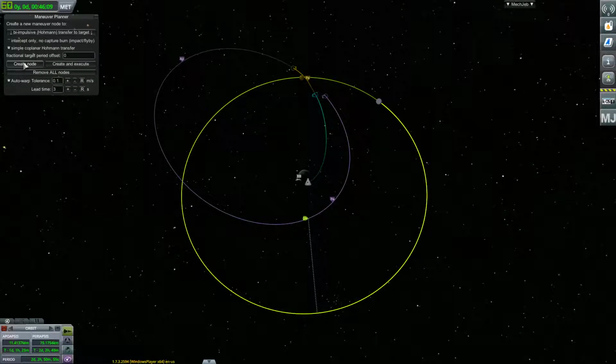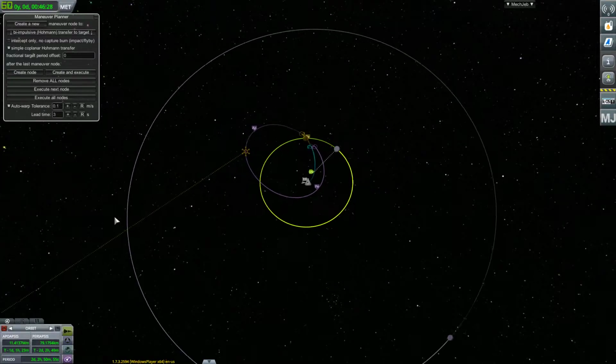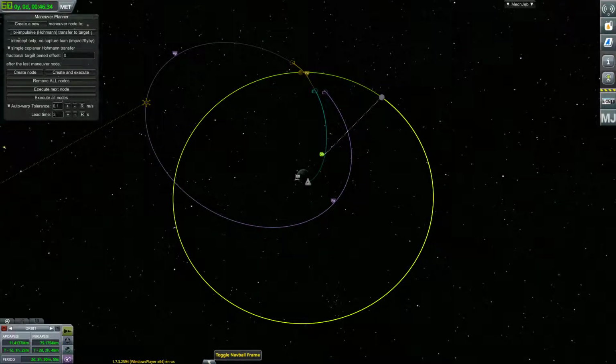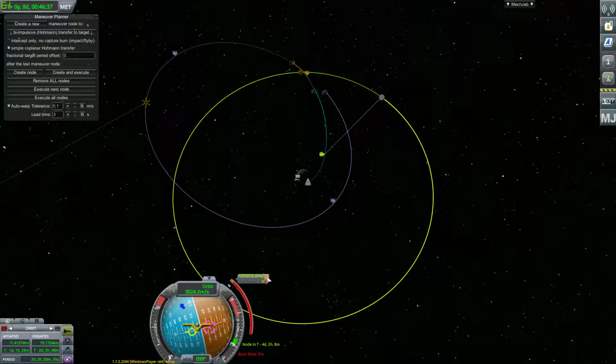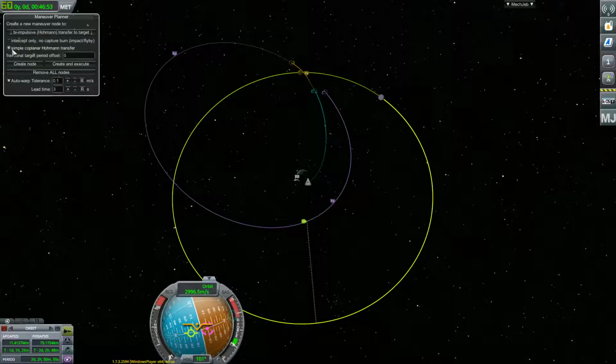Create node for the second node. No, I don't think that's right. All right, it's just getting us there, by the looks. Oh, yeah, that's wrong. Remove all nodes. I should have done that. I'm just curious if it might have gone and set up maybe